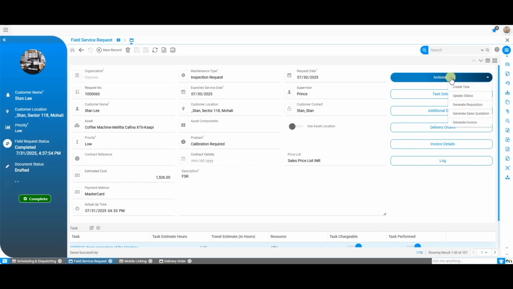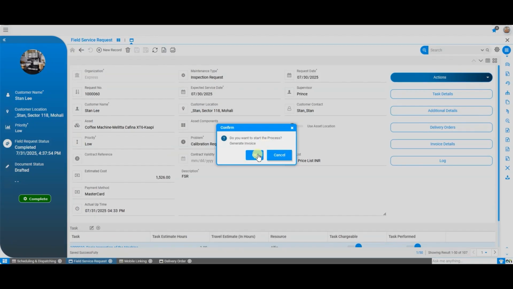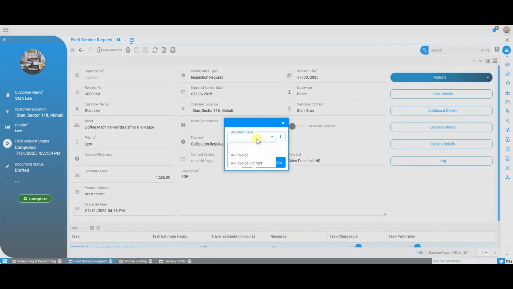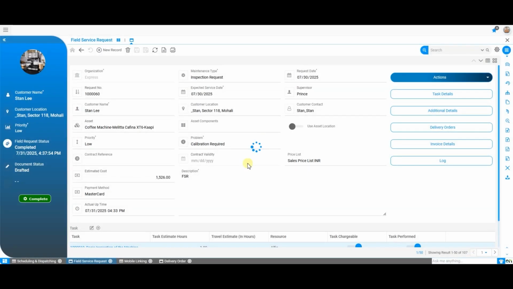Now go to the Action tab. Now you will see the Generate Invoice button is active. Click it. Do you want to start the process to generate invoice? Yes. In this field, define the document type for the invoice. Select Invoice. Whether to complete the invoice? Yes. Click OK. The system gives a notification that invoice is created with document number 1031, and you will find